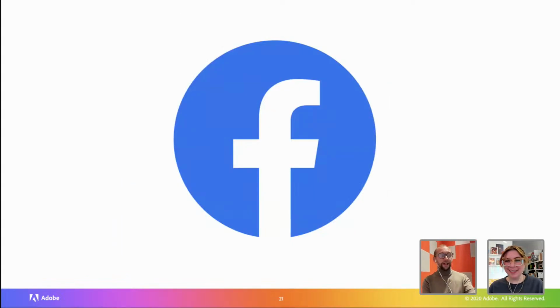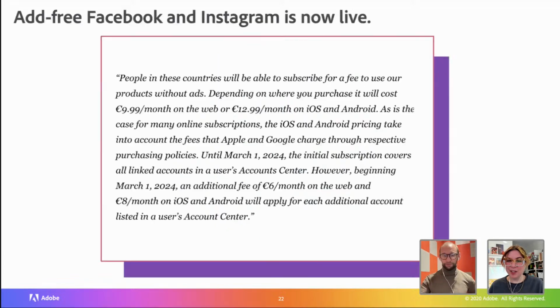Alrighty, Facebook. There are a couple of very interesting things in Facebook, and we'll go a bit quicker now. Number one, ad-free Insta and Facebook is now live. You can thank the European Union for this, because new regulations in Europe have meant there are some more advertising restrictions. You need to offer an ad-free version of your platform. They've made it quite expensive, and they've also made it kind of hard to subscribe to. So whether people will actually take this up, I don't know. I'm going to be fascinated to see what ad-free social media might look like.